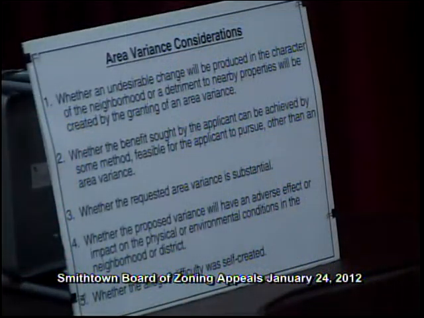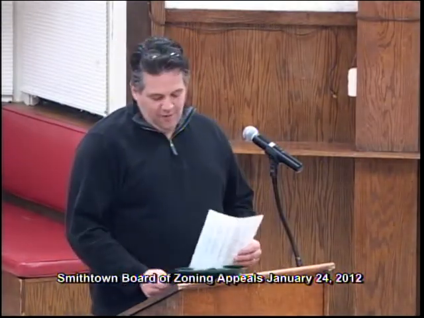The requested variance that we're asking for is not substantial in any way. The walls have been constructed for a number of years now. Again, it's not an adverse effect to the area. There are numerous retaining walls in the area. Some are retaining block and some are railroad ties. And we did not create the difficulty from the slopes that were already there from building in 1966. And I'm available for questions.